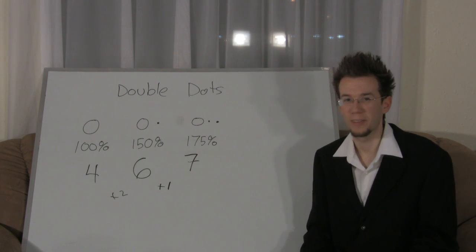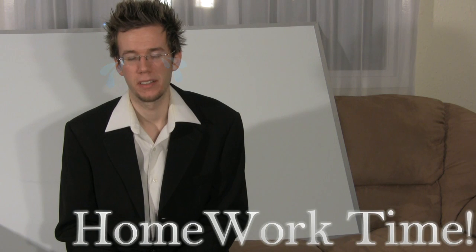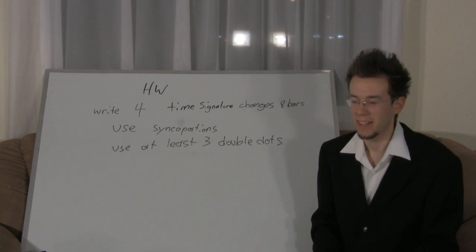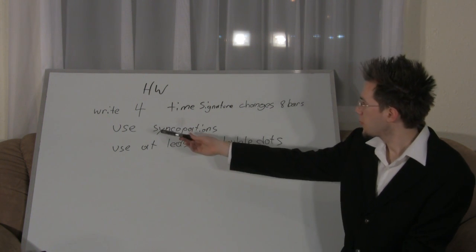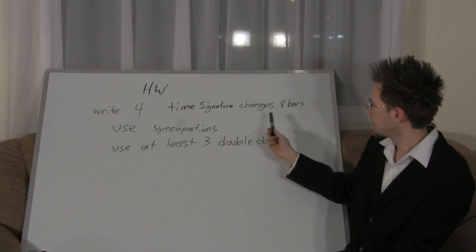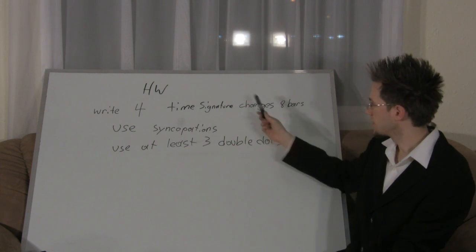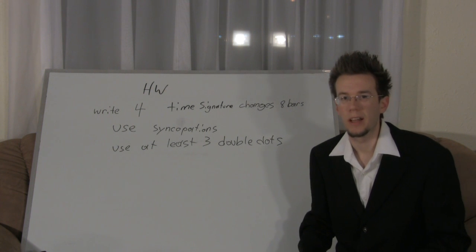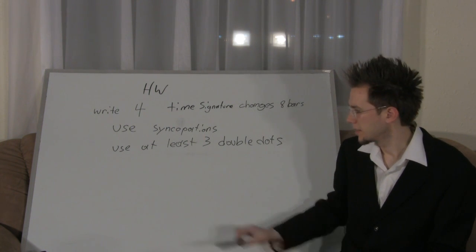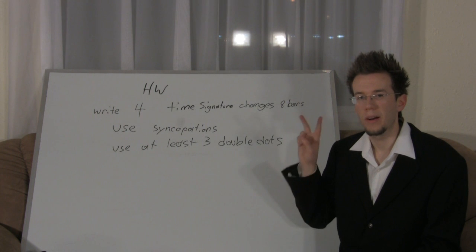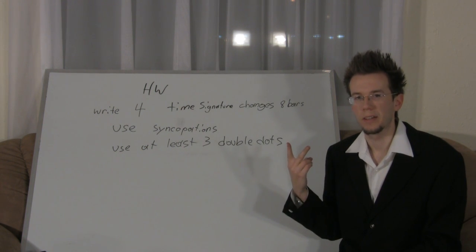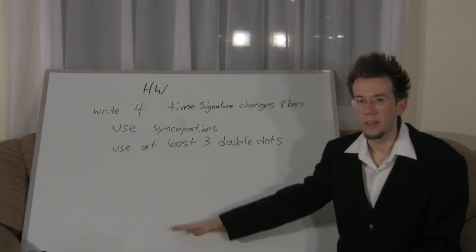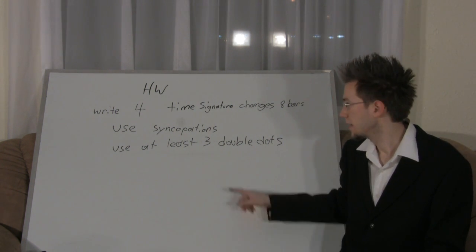So now let's get to the homework for real. Alright guys, for your homework in this lesson, what I want you to do is write 4 time signature changes, basically 4 lines, and 8 bars for each line. I'd like you to do 2 of the regular and 2 of the irregular. So try doing 2 lines where you're using a regular time signature switch,